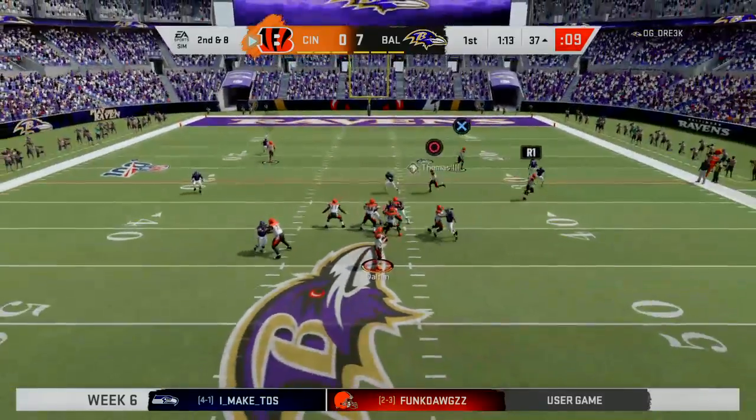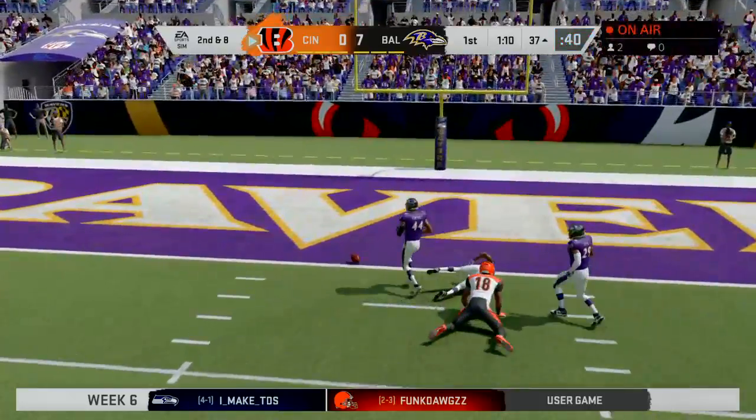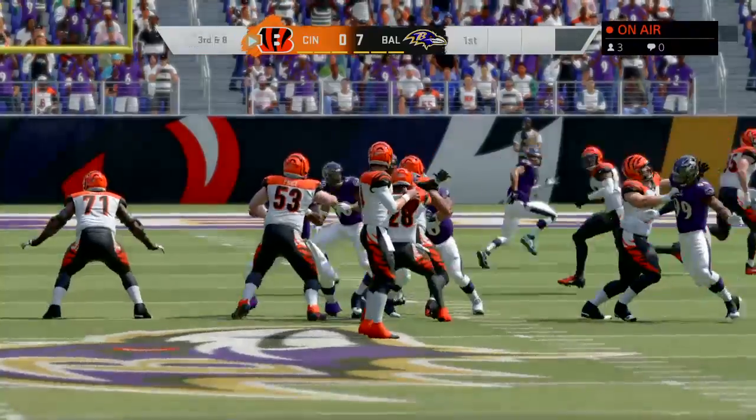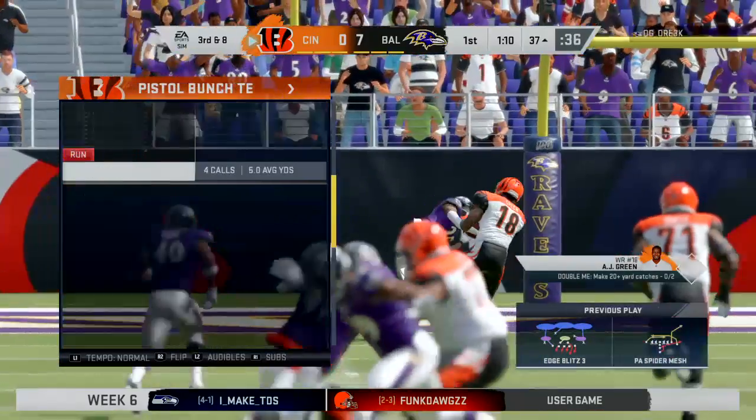And now to the air. Dalton. He's going to fire one deep over the middle. And that's going to be incomplete. Good effort there trying to take a shot, but it's 3rd down. Well, that certainly...